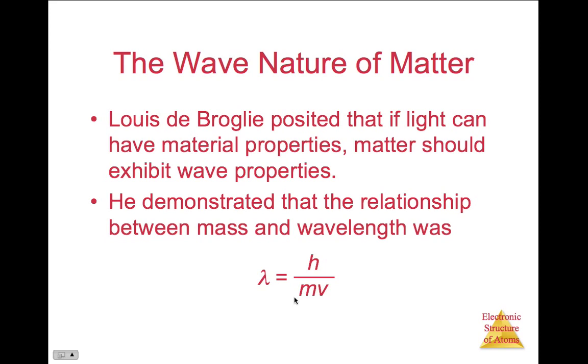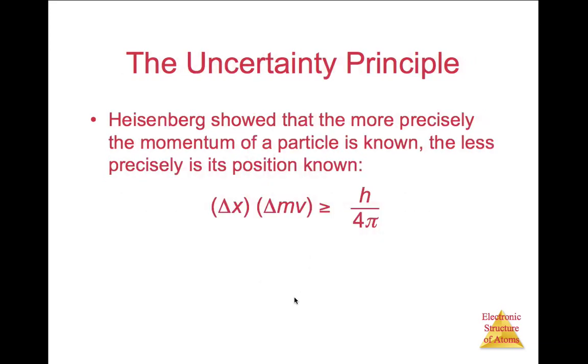It turns out that softballs, baseballs, bullets, they all act as waves. The problem is that you cannot see them acting as waves. They look just like particles to us because they're so large. When things get on the tiny, tiny scale, the nanoscopic scale, like electrons, then they start to act more like waves. Sure, they still act kind of like particles, but they also act like waves. And so sometimes I like to call them wavicles because they act as a particle and as a wave. Because of this,